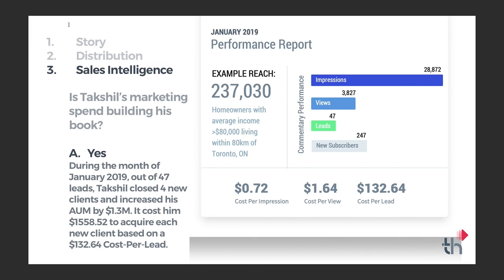That's a pretty successful month, obviously. It's not always going to be the case. This is just fictitious numbers to show you, but you can see that it cost him $1,558 to acquire each one of those new investors, and it cost him $132 for each one of the 47 conversations that he was able to generate from his content efforts online. And so having this level of intelligence is ultimately what's going to tie the loop back and